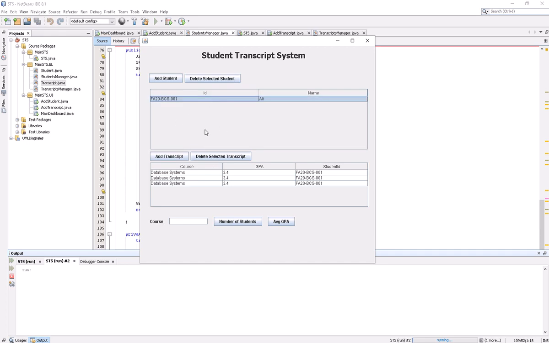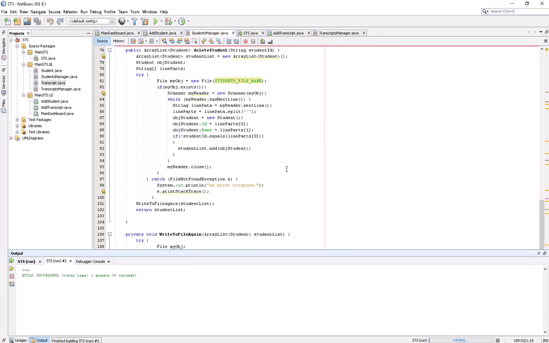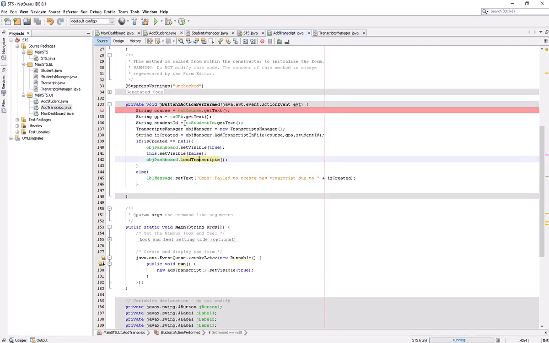The same flow is going for the add transcript. The only difference is that you have a course, GPA, and student list. Okay, so I can debug it so that you also know how to debug Java applications in NetBeans. So let me start it again with the debugging feature, and I'll be adding them along. You see I have set up the breakpoint on adding the transcript record. So I will be just giving you the debugging example of this one. You can do it on your own for the later examples.